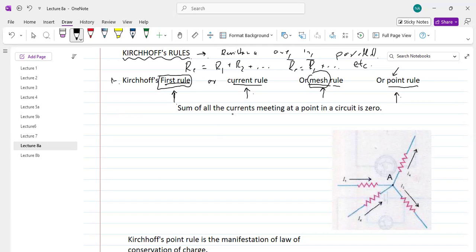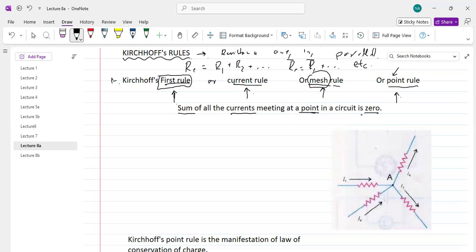As I told you, Kirchhoff first rule is according to the current. So it says that the sum of all the currents meeting at a point in a circuit is zero. What does this mean? This means that whenever there is a circuit, whether it is a simple or a complex circuit, then if you consider a point in a circuit, then at that point, the sum of all the